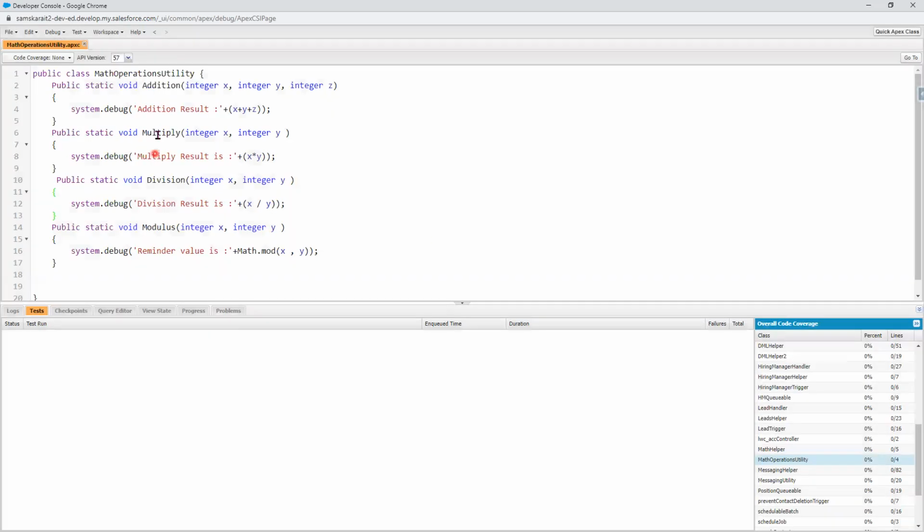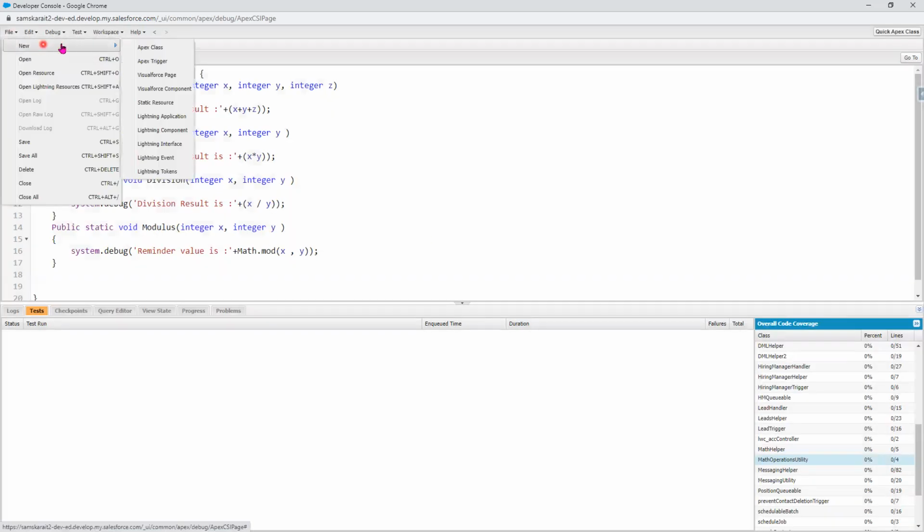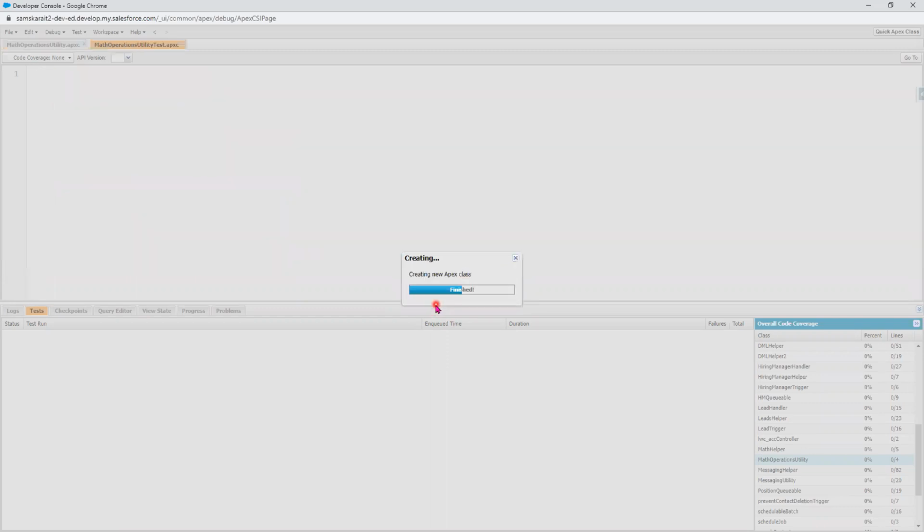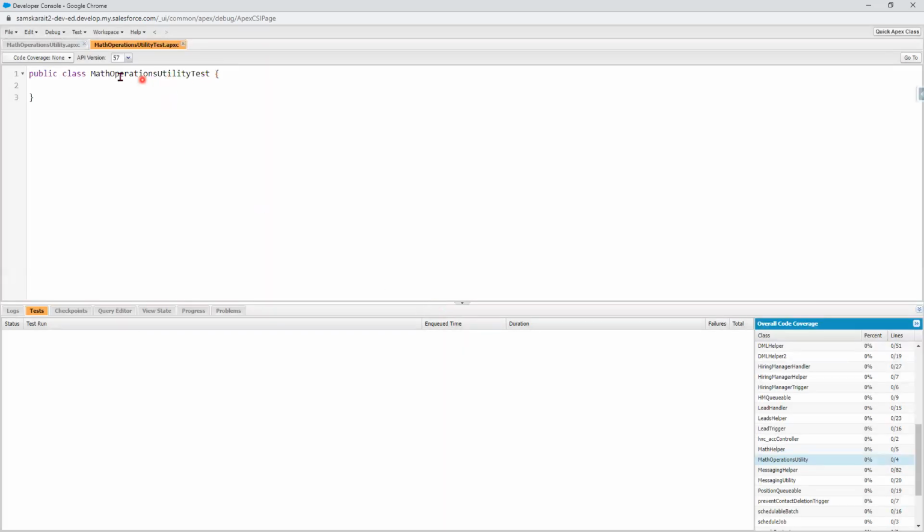What you need to do is copy the actual business logic: file, new Apex class, business logic. Then you have to use the test annotation. At the end, I have used the test. Now it shows here go to and code coverage. It is a normal Apex class. Now, as soon as I add here @isTest,